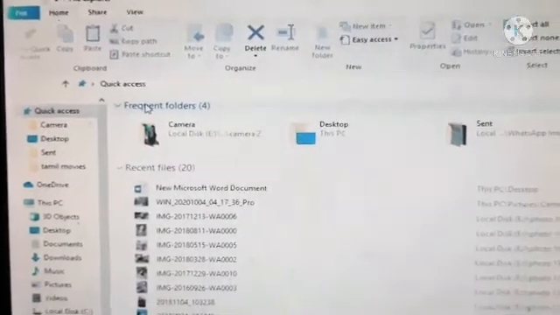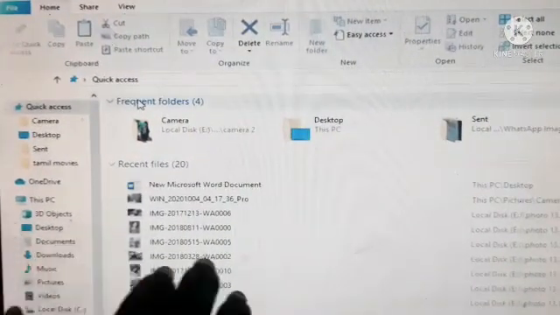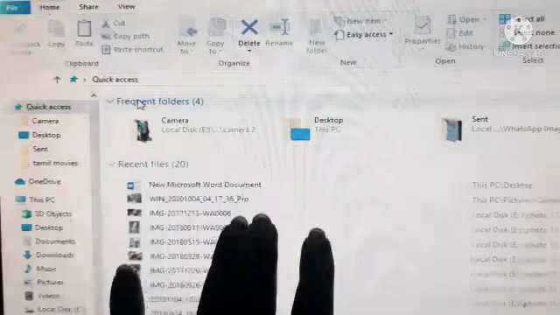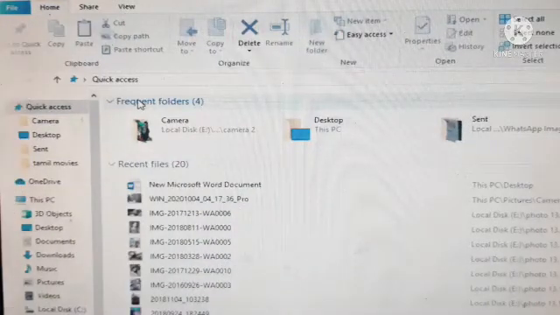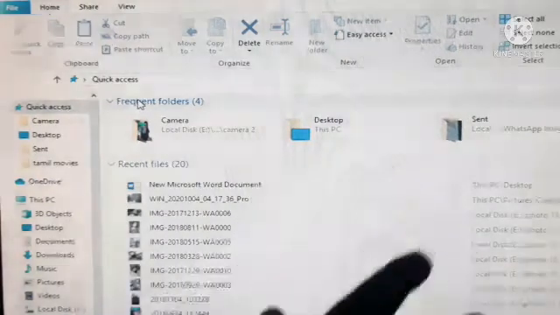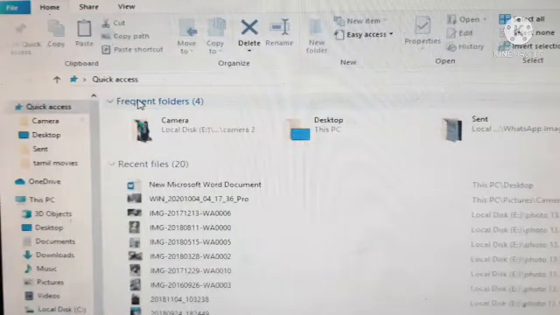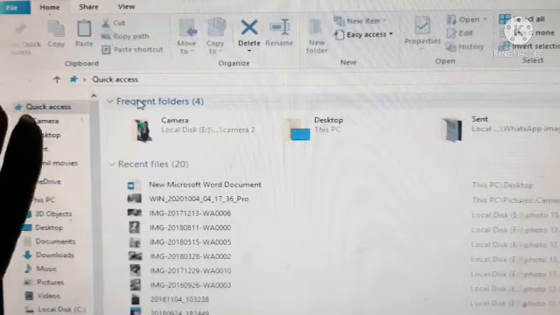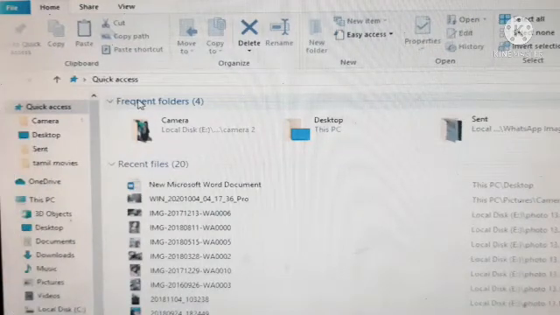In the File Explorer screen we can see two panes available, a left pane and a right pane. The left pane is called the navigation pane. The left pane, known as the navigation pane, displays the drives and folders. So we can see the drives and folders at the left side of the File Explorer, that is the navigation pane.